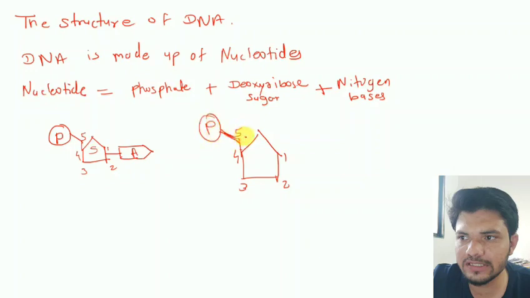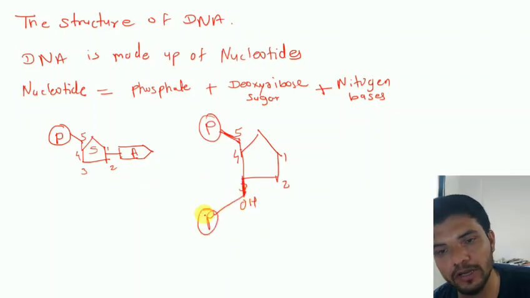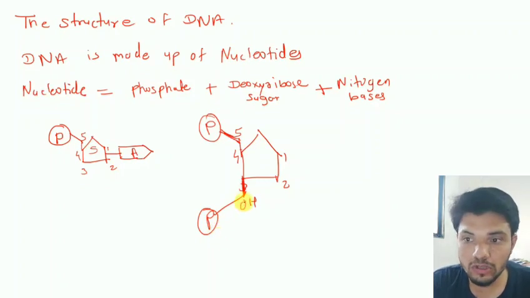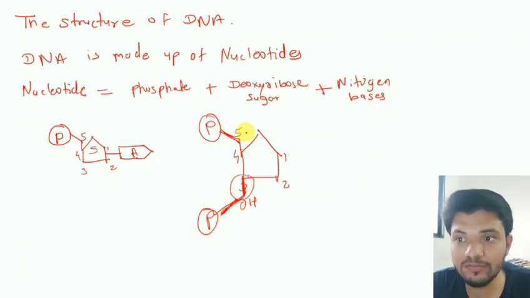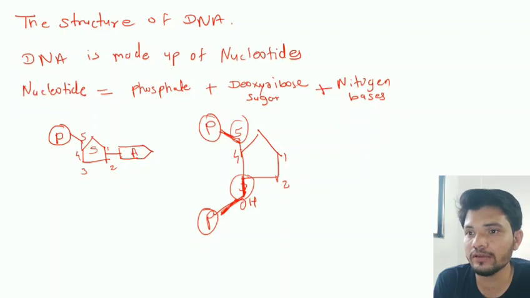You have to remember this carefully. Why? Because on this concept we are going to learn about the polarity of DNA, the two different ends of DNA, the 5' end and 3' end. So these two things we have to remember: on the fifth carbon of the sugar phosphate will be attached, and on the third carbon of the sugar there is a hydroxyl group, and that hydroxyl group is attached to the next phosphate of the next nucleotide, right? So that's why this third carbon and fifth carbon is very important whenever we are studying the structure of DNA. Okay, so this is your deoxyribose sugar.